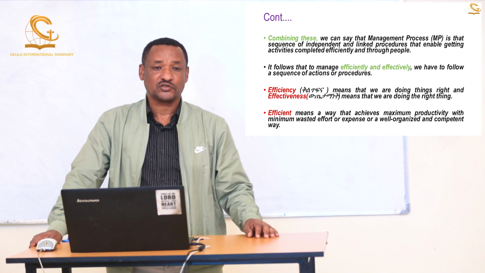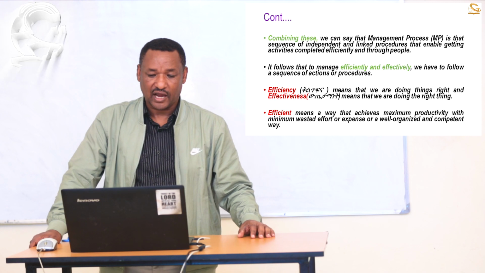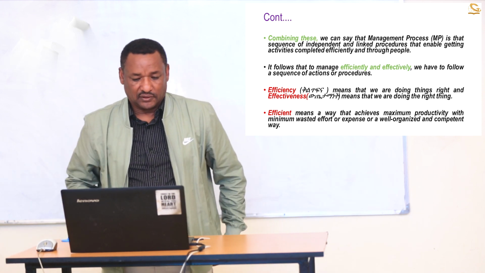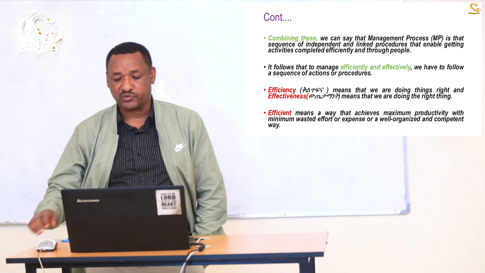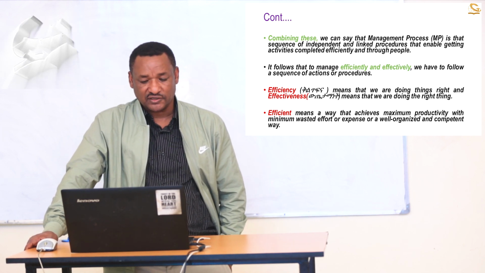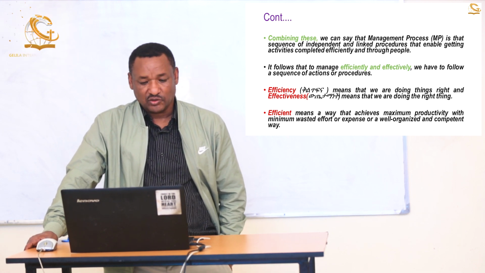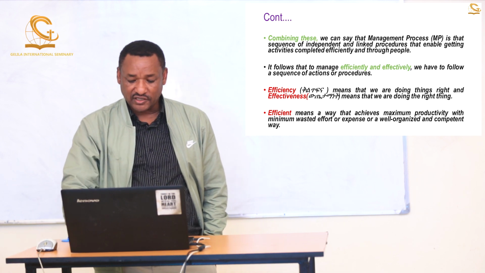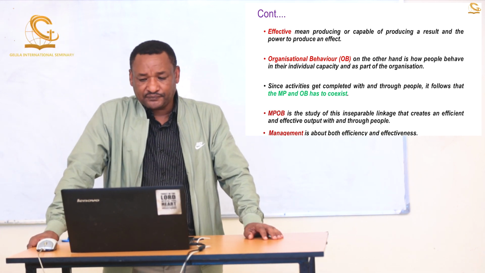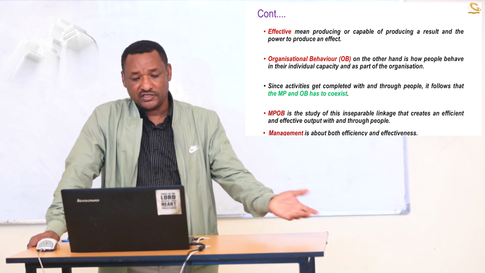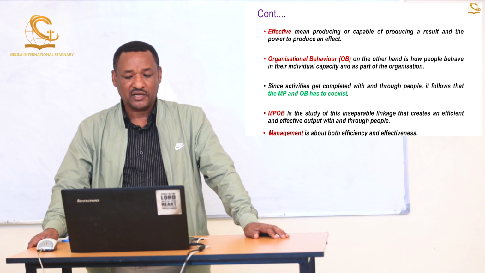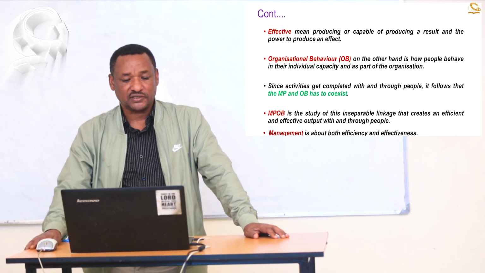So effectiveness and efficiency are important items to think about. Efficient means a way that achieves maximum productivity with minimum wasted effort, or minimum cost with maximum productivity. This is what we call efficient. Otherwise, it will be wasted, and we are managing in an inefficient way. That's why these two words, effectively and efficiently, are the most important to manage the process